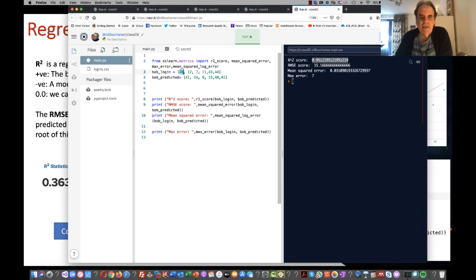If we now change this, say, to 78 and 6, we've got 0.95 before, and we can see now we've dropped to 0.64. So the higher the R-squared value, the better. We want to minimize this root mean square error too. And we can also print out things like the maximum error that we achieve.